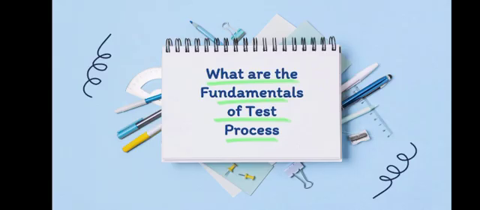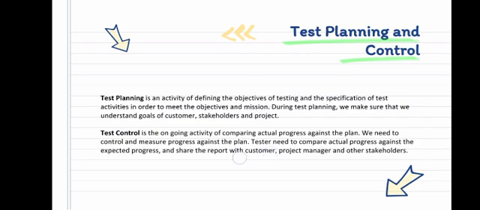What are the fundamentals of test process? First, we have test planning and control. Test planning is an activity of defining the objectives of testing and the specification of test activities in order to meet the objectives and mission. During test planning, we make sure that we understand goals of customer, stakeholders, and project. Test planning involves producing a document that describes an overall approach and test objectives. It involves reviewing the test basis, identifying the test conditions based on analysis of test items, writing test cases, and